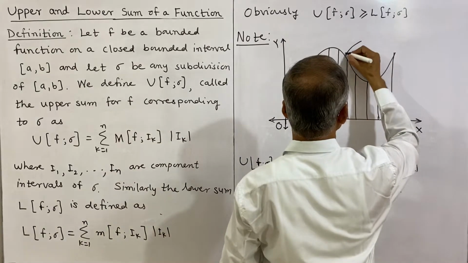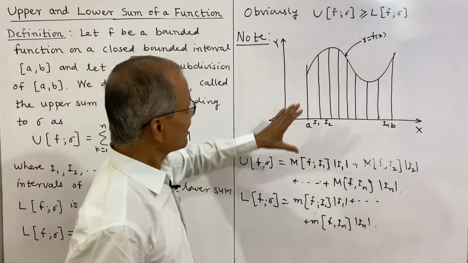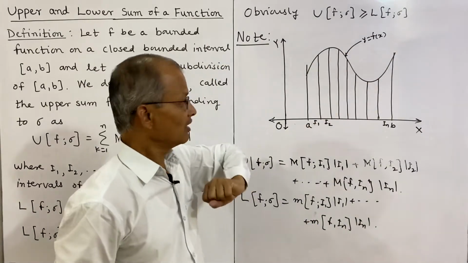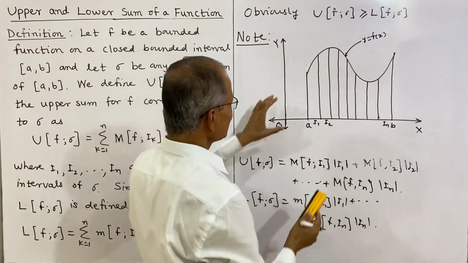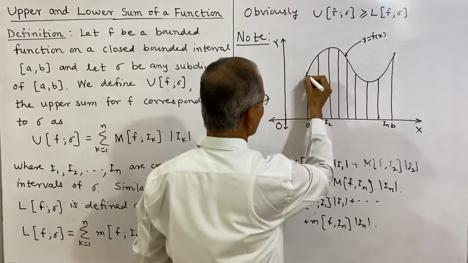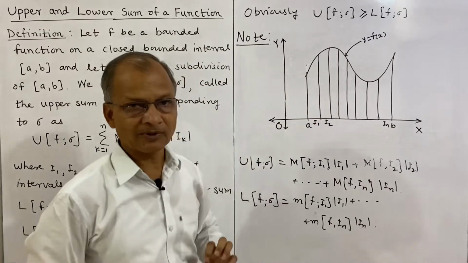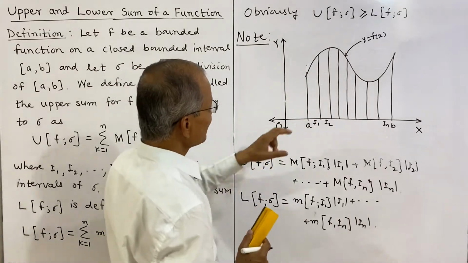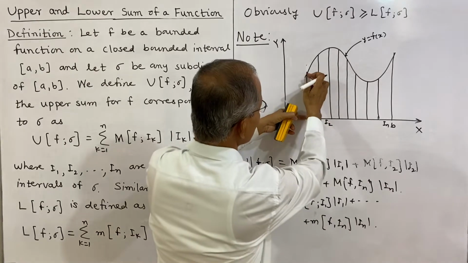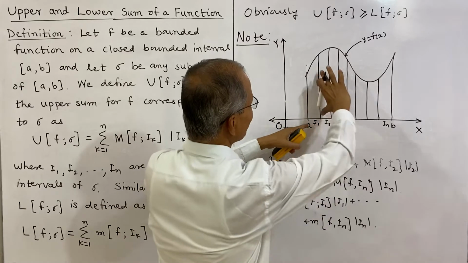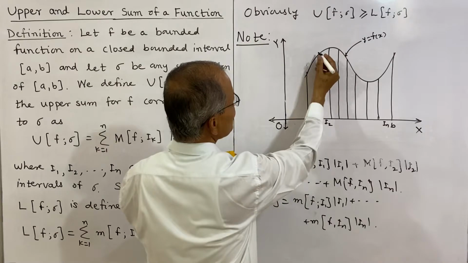y is equal to f of x, and that means y, the ordinate at every point, is the value of the function. That means at a, this is the value of the function. So this part we have considered, and in this interval we look for where the function is maximum. In I1, at a the value of the function is this much, and at this point the function has this value. So the function is increasing,